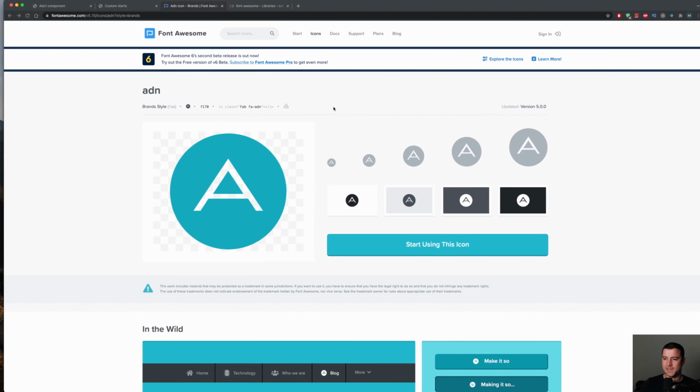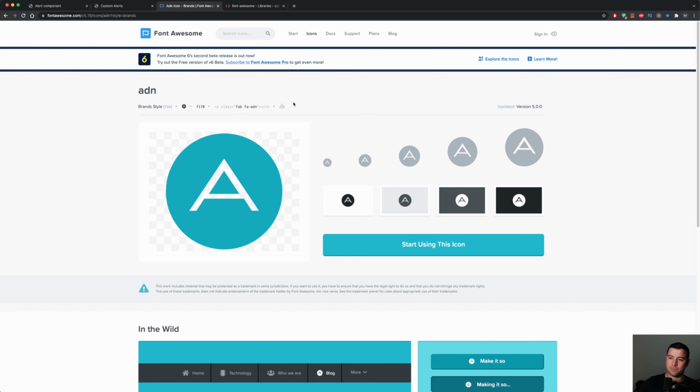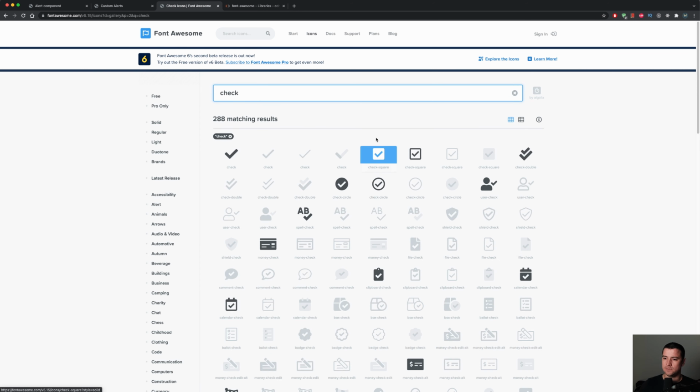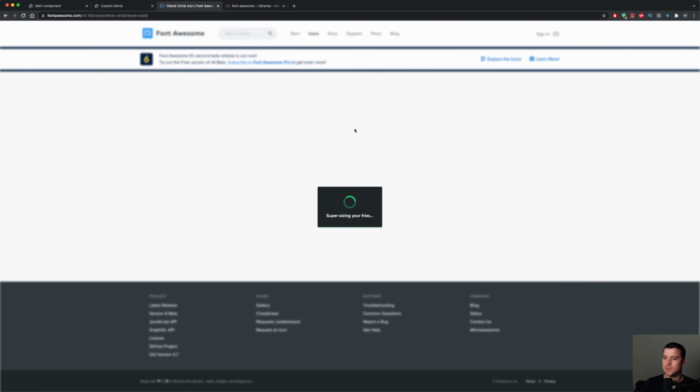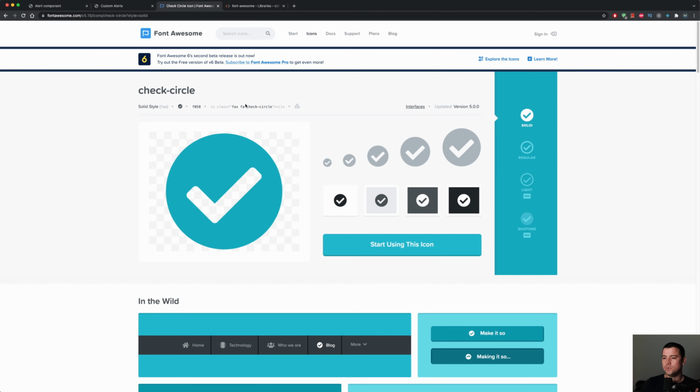So for success, it's just going to be a check mark. So let's search for check. Let's see what we got. We got this one. Okay, let's open this up. And we're not going to use the icon tag itself, but we're going to use something else. You will see here on the left side, copy Unicode. Now I'm going to copy this,